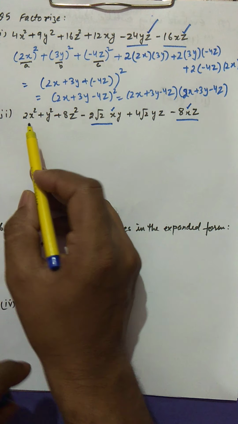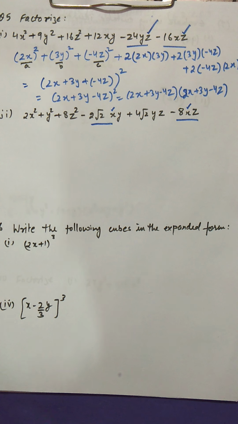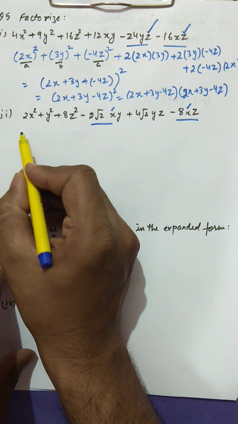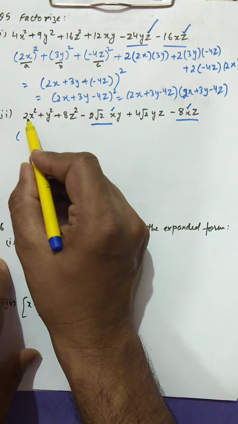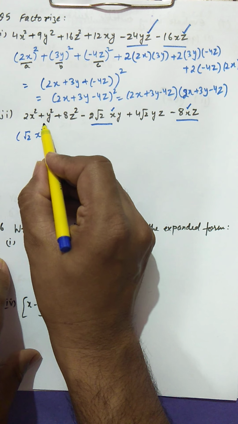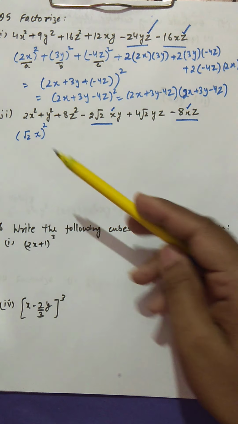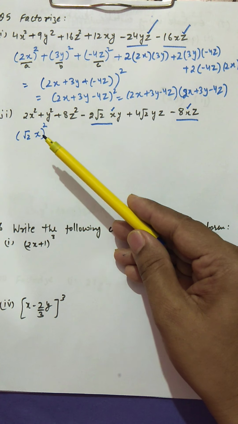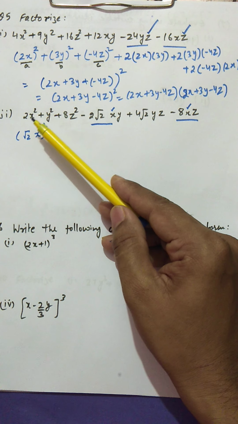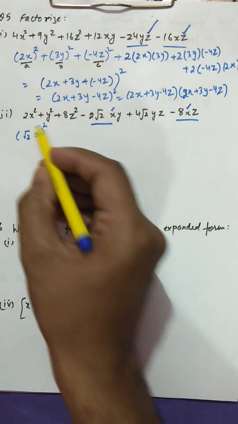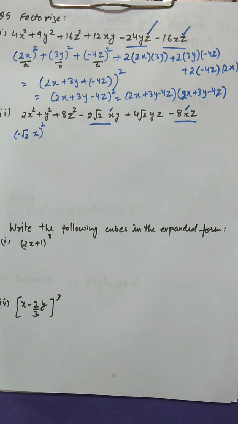So you see, this is 2x square. Can somebody think how to write that as a whole square term? Those who know, this is really good, but for you I'm just giving a hint that 2x square can be written as root 2x whole square, because if you do the square of root 2, it will become 2. So if you do the square, you will get this term 2x square again. But you also have seen that x was common, so that x will be negative.